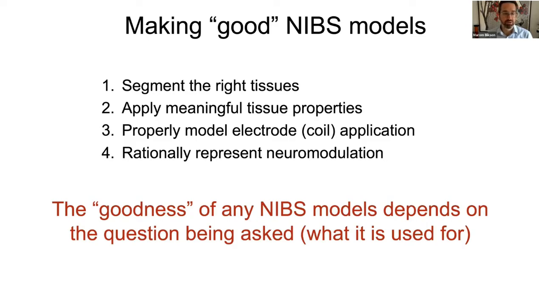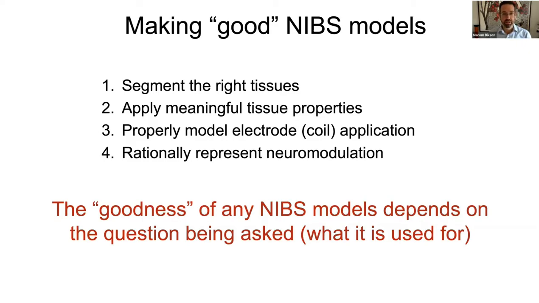So we all want to make good models, and in my opinion, you can reduce a good model to certain decisions that you make in the process, and they're outlined here. One is segmenting the tissues correctly, whether you're separating out brain and CSF and so on. The second step is applying the correct properties to the tissues. Typically, we're assigning them resistivities, for example, for electrical stimulation modeling. And so ensuring that you assign cerebral spinal fluid an appropriate resistivity versus skull a different